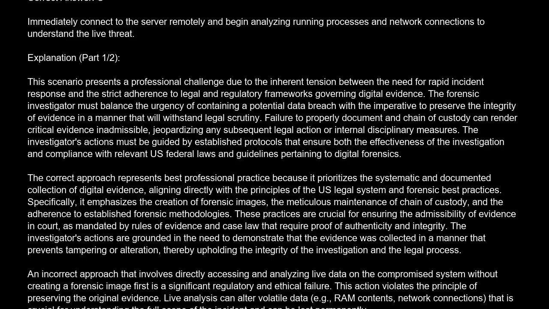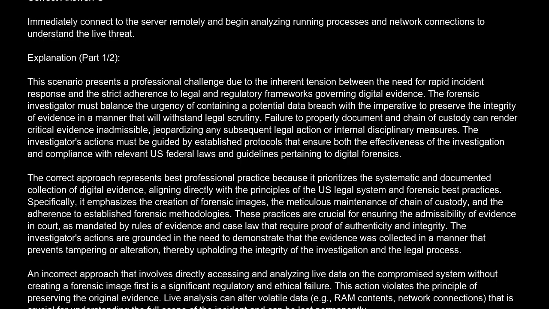The correct answer is C. Immediately connect to the server remotely and begin analyzing running processes and network connections to understand the live threat. Explanation. This scenario presents a professional challenge due to the inherent tension between the need for rapid incident response and